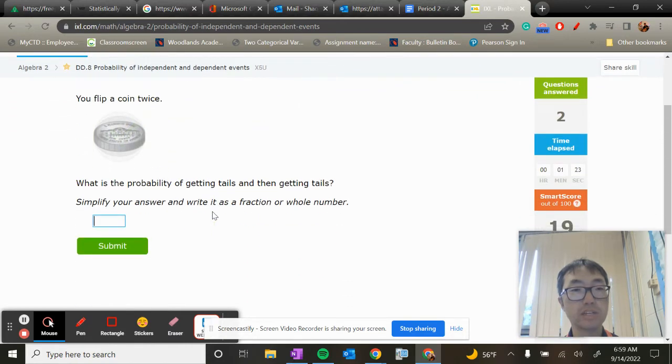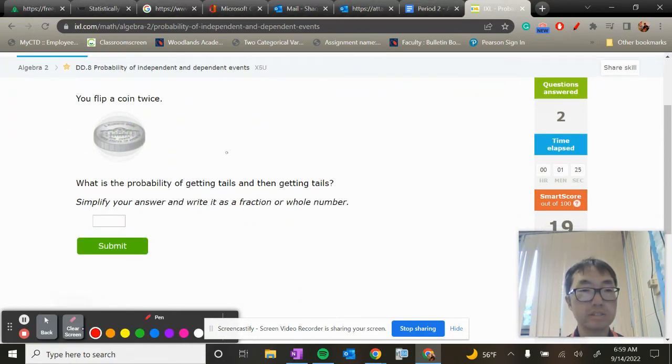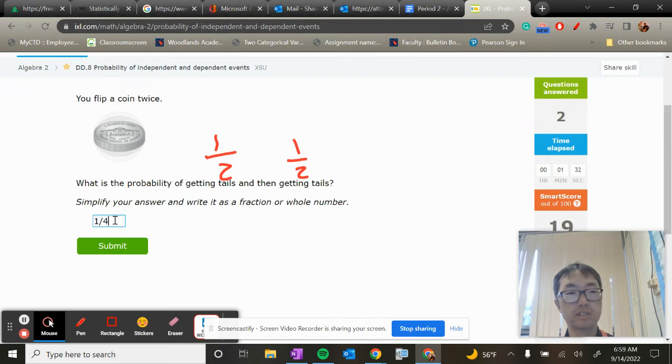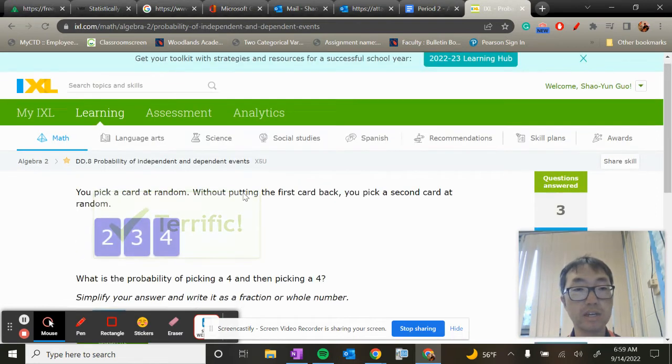What's the probability of getting tails and then tails? 1/2 and then 1/2. 1/4. Let's try to speed things up. Get a higher number